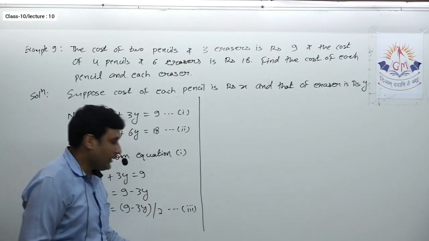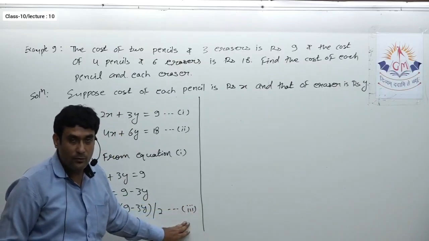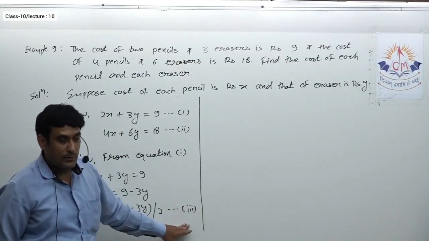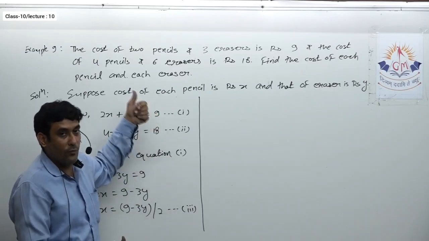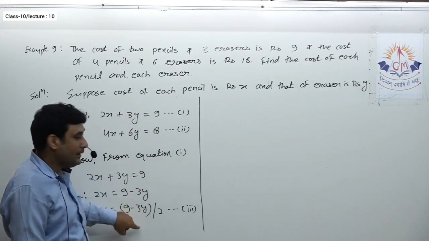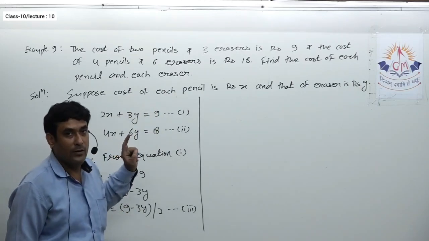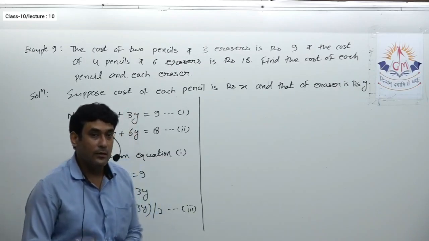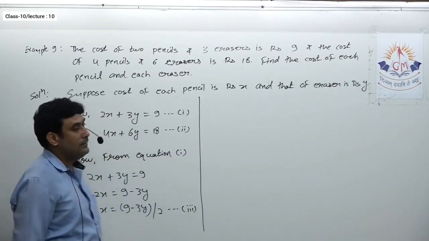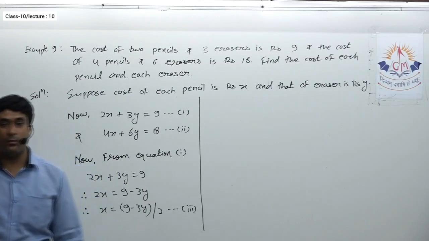Now in the next step, what I have to do is put this value, that is equation number 3, in equation 2. Again I am repeating, not in equation 1. Why? Because I obtained this from equation 1 itself. So I will put it in equation number 2. So again I will give you 1 minute, do it, and then I will give you the remaining solution.